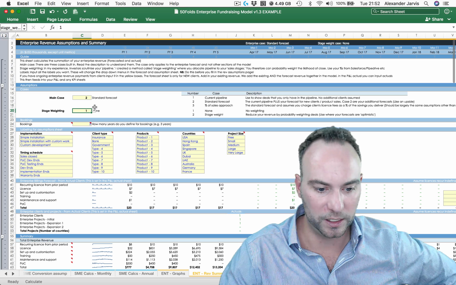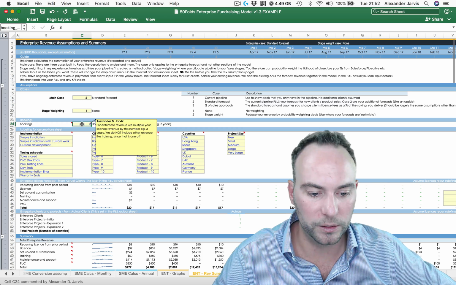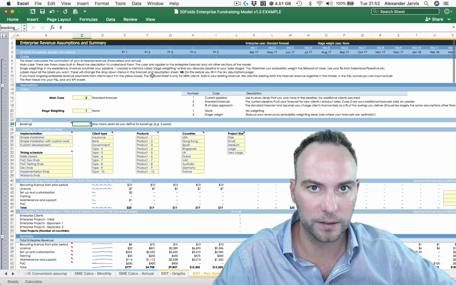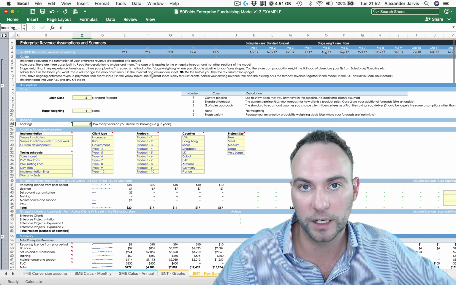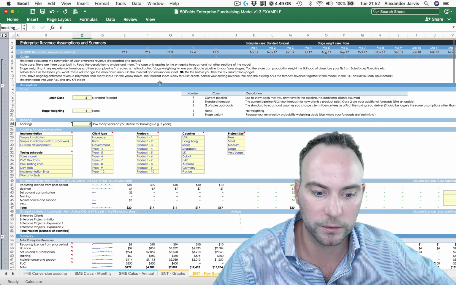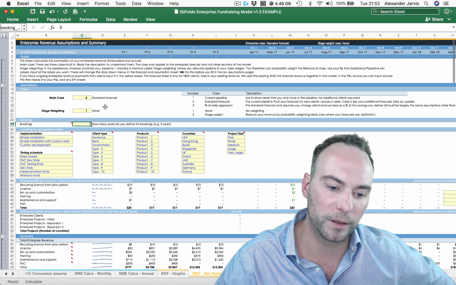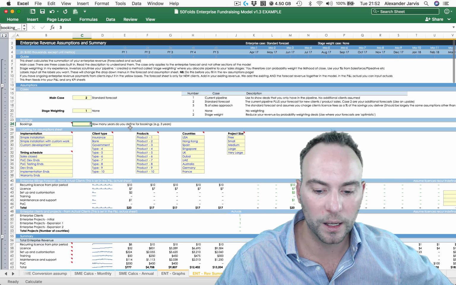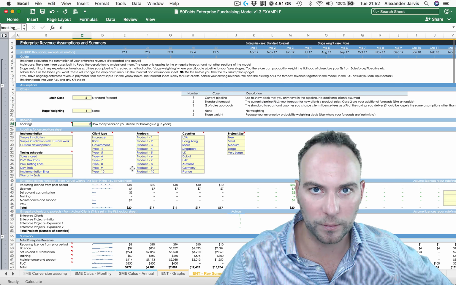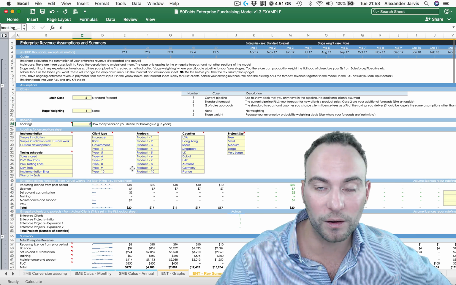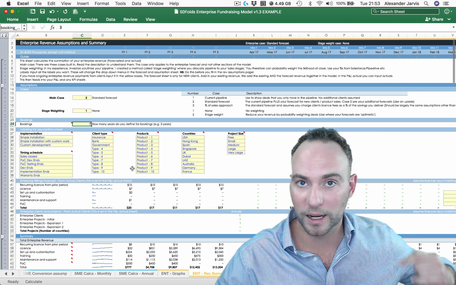2 more things to show on this sheet now. How do you define bookings, right? So maybe you define bookings as 3 times your license revenue, which is what I do, okay? You'll bill it for a year, so your revenue will basically be the same as your billings, but you can book that you're going to get, whatever, 3 times that. So how long on average are you signing your contracts for? If it's 3 years, put in 3. If it's 1 year, you can whack in 1. Just understand that I assume that these clients basically don't churn out. So if they do a contract with you, I just assume that license revenue is going to repeat.